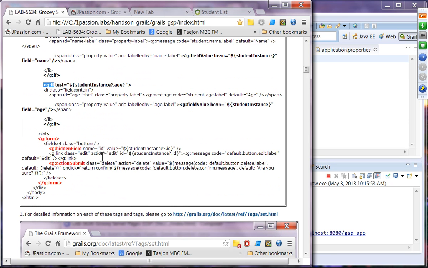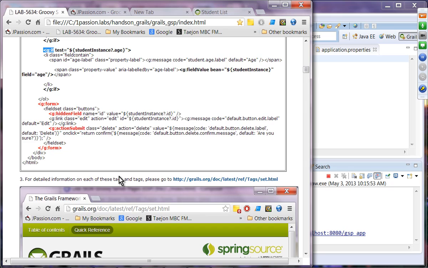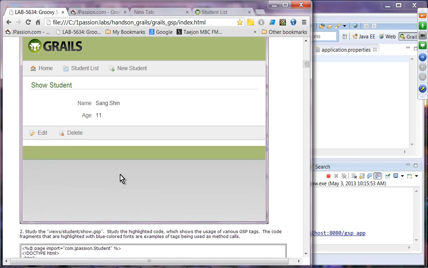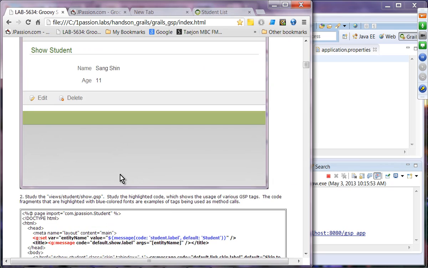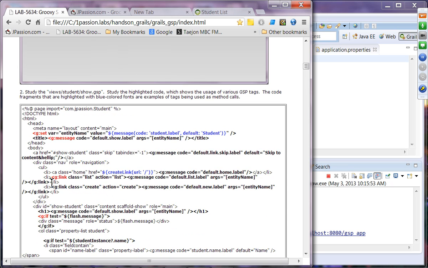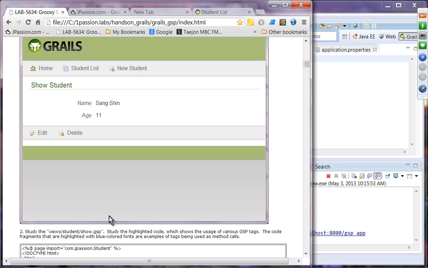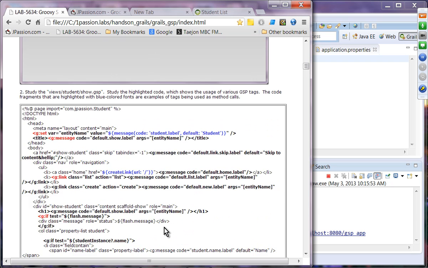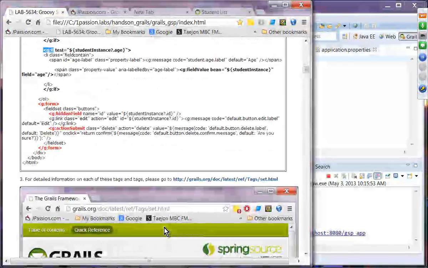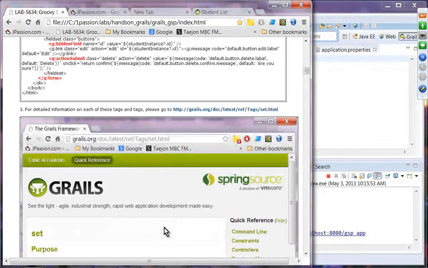Okay. And this is a form tag. And then here we have a hidden field and also an actionSubmit tag to submit the form. Okay. All right, so this is actually the show page. This page is from this. Okay. All right, so you can certainly see how they are related. Okay. All right, moving forward, the